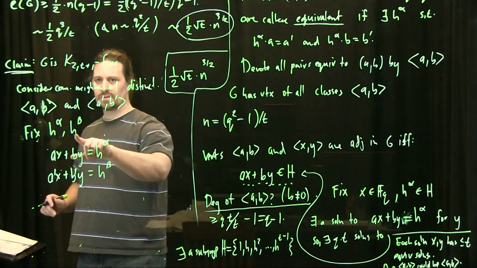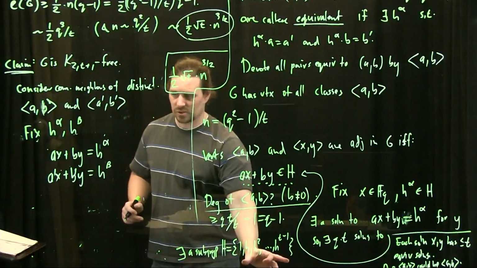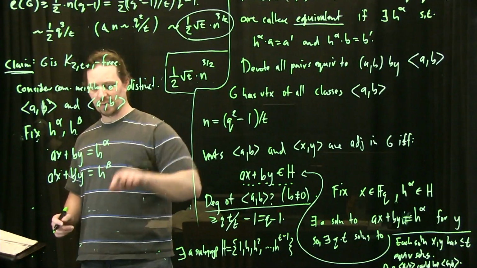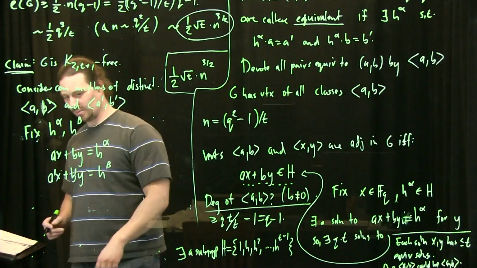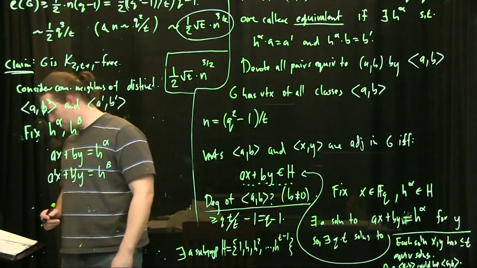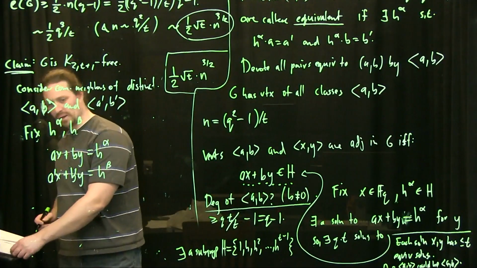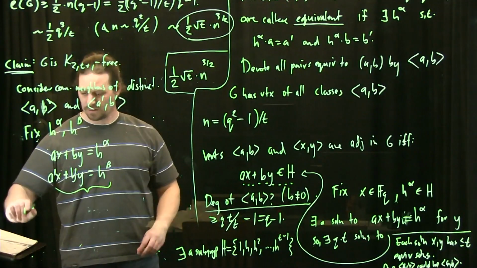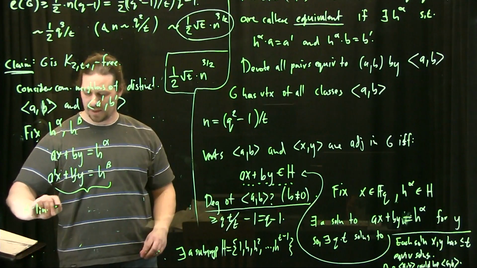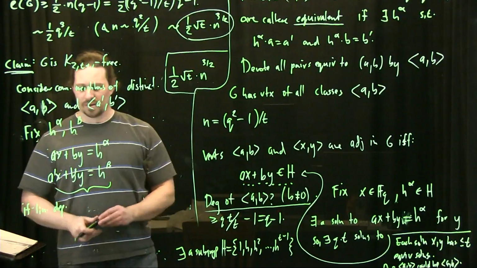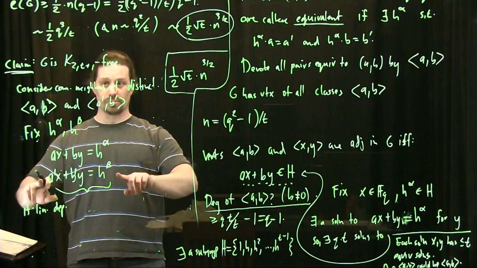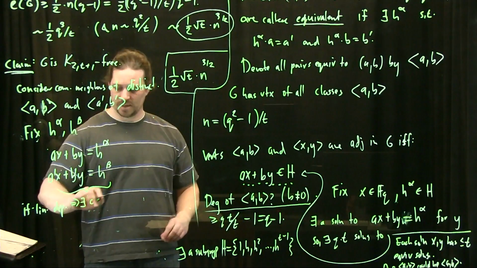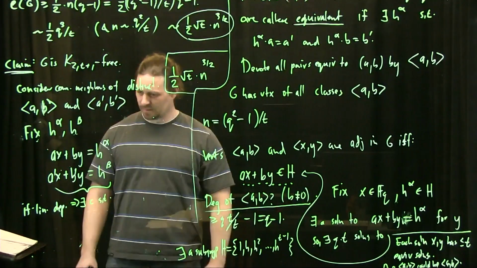Okay, so I fixed these two things in t squared many ways, right? There are t choices for these, and I'm asking, are there solutions x, y to these two equations simultaneously? It equals h alpha and equals h beta, and a, b, and a prime, b prime are all fixed. Okay. So if these equations are linearly dependent, what does that mean? That means that this equation is a multiple of this equation. Okay? Then there exists a C such that we have the following here, such that